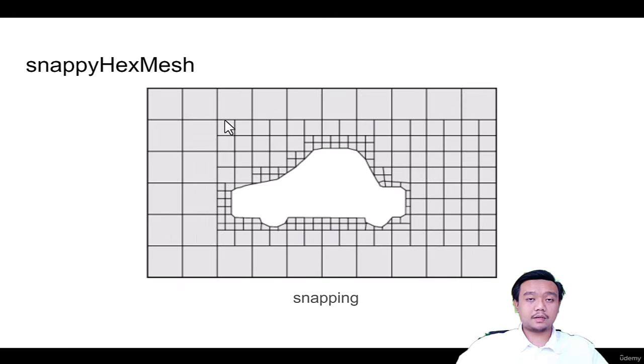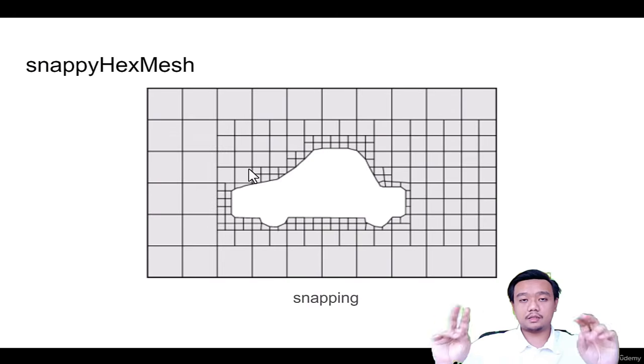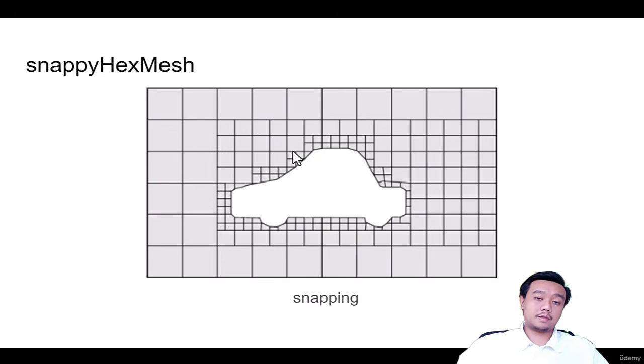And the final step of snappyHexMesh is to actually snap the cells nearby the walls into the STL surface. That's why it's called snappyHexMesh, because it is like snapping to the surface of the STL. And this process will create a beautiful mesh that also has the regular hexahedral mesh outside the geometry,